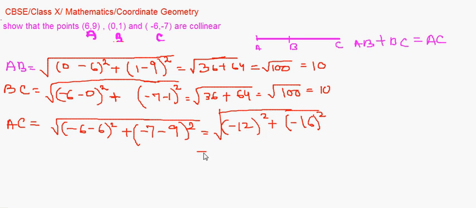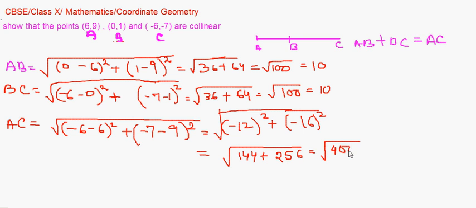So 12 whole square gives me 144 plus 16 whole square gives me 256. If you add both of them, I think you will be getting